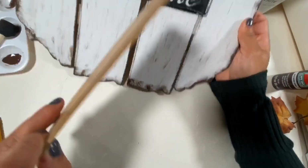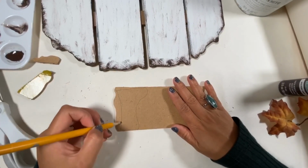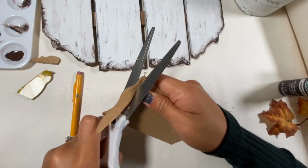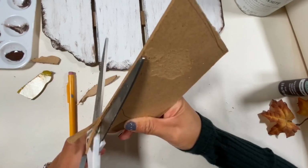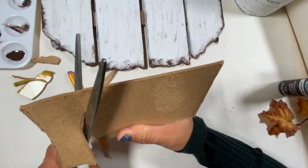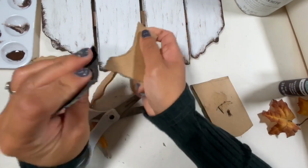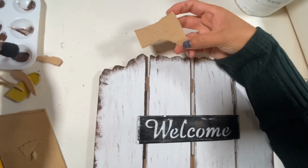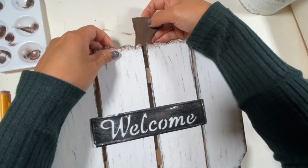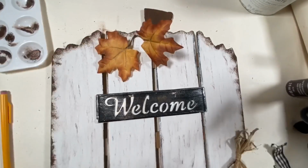And yeah, for the top of the pumpkin, I use the same wood that's from the stick that we used earlier. I just draw this kinda, I don't know what shape this is, and then I just cut it with the scissors. It's really easy to cut this wood. I'm so surprised. And after that, I just sanded it down and painted it with the burnt amber and hot glue it on top of our pumpkin. And after that, I also arrange some maple leaf and ribbons